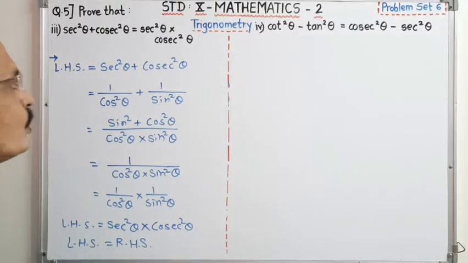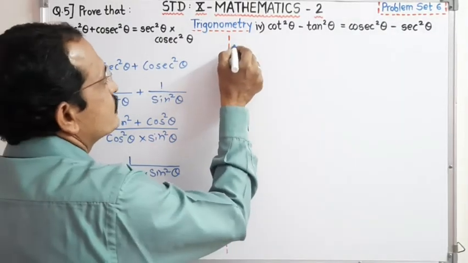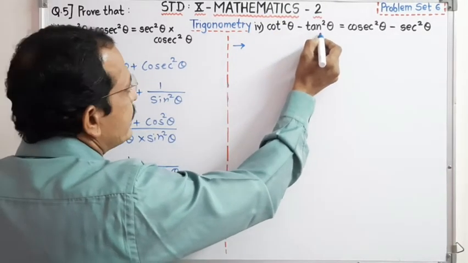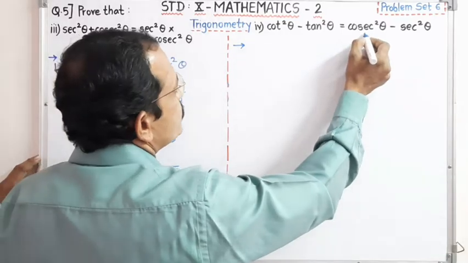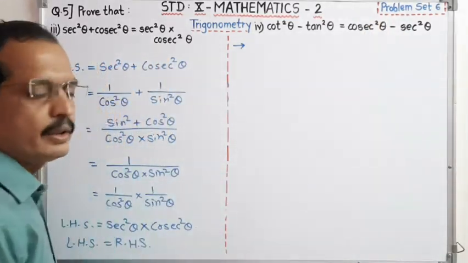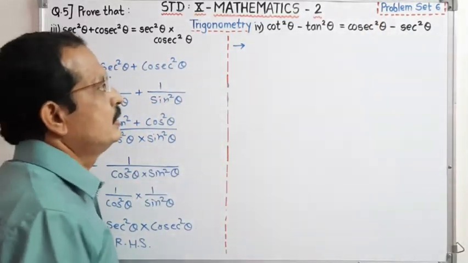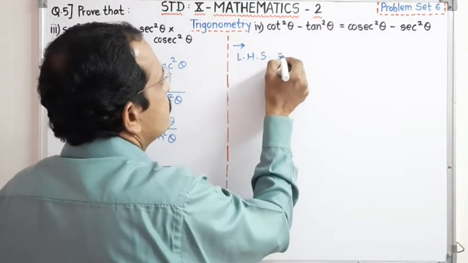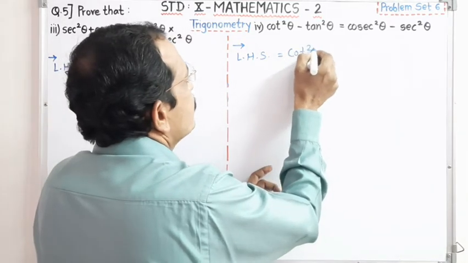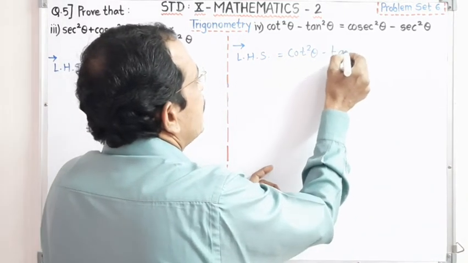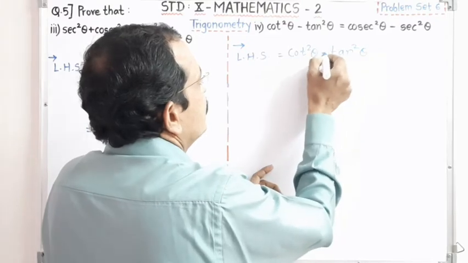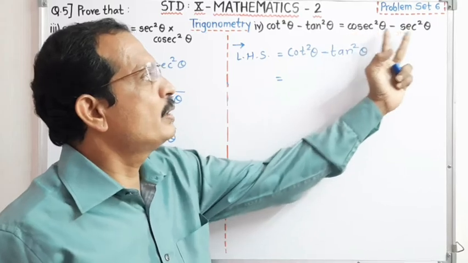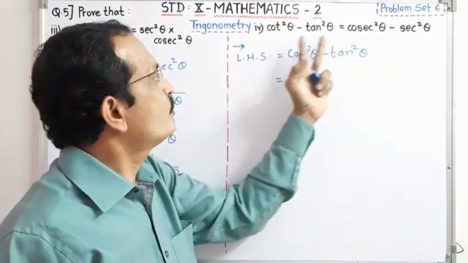Now dear students, what we have to prove? See the question number 4th one. It is cot square theta minus tan square theta is equal to cosec square theta minus sec square theta. Simple thing is there. See dear student, we have to write here left hand side is equal to cot square theta minus tan square theta. Now dear students, we have to prove cosec square theta minus sec square theta, and for that purpose,